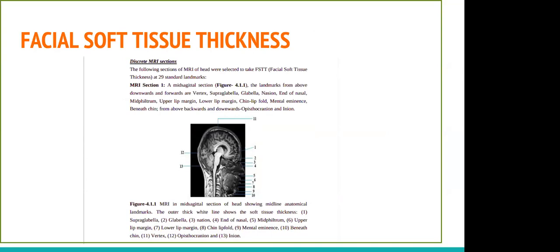But for any kind of superimposition, like I mentioned, facial soft tissue thickness is of utmost importance. You can't reconstruct any face without understanding the facial soft tissue thickness. There are around 40 landmarks which people usually have studied for facial soft tissue thickness, but there are ongoing studies, and you can never mark a limit on how many landmarks you can incorporate for the reconstruction. For computer-assisted programs, researchers have considered around 66 landmarks, and even more.